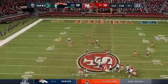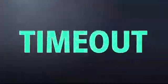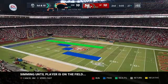Operating from the gun, Hall. He's got his tight end on the corner route. It's complete. And they'll burn the timeout with 5 seconds left. A chance to try to...